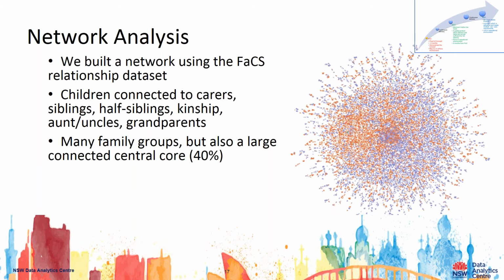But by linking these data sets together and identifying cohorts in context, we could start to explore their total lifetime service contact, very much like the investment approach from New Zealand, and start to understand what happens to a child, for example, who is under 12, who may be put into residential care versus non-residential care, and identify the factors of risk associated with a certain outcome, and whether that is abuse or whether it's some other outcome. Identifying those modifiable factors of risk becomes a very powerful way of thinking through different sort of interventions. Again, modifiable factors of risk are things like awareness. A non-modifiable factor of risk is something like aboriginality.